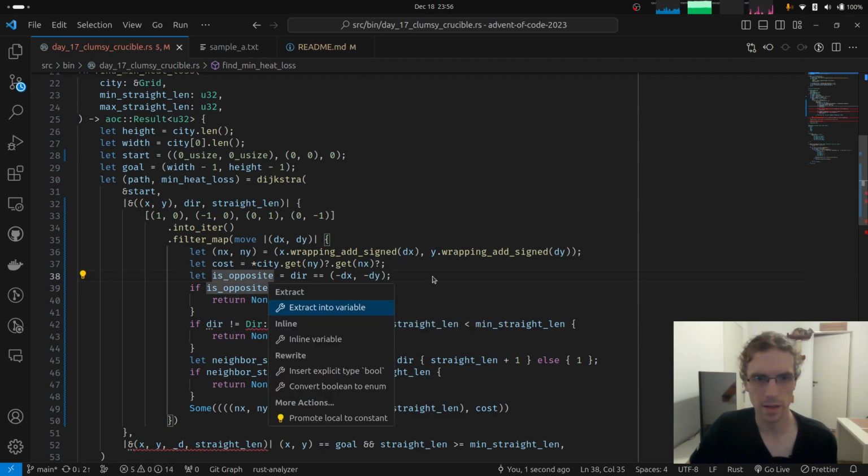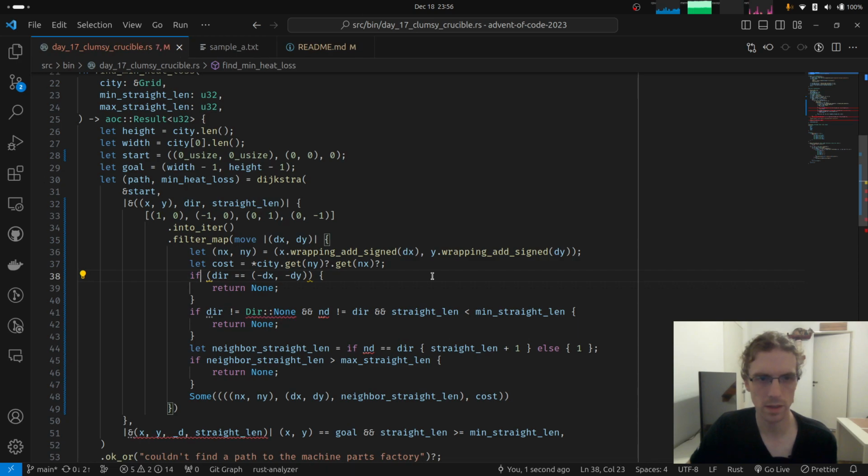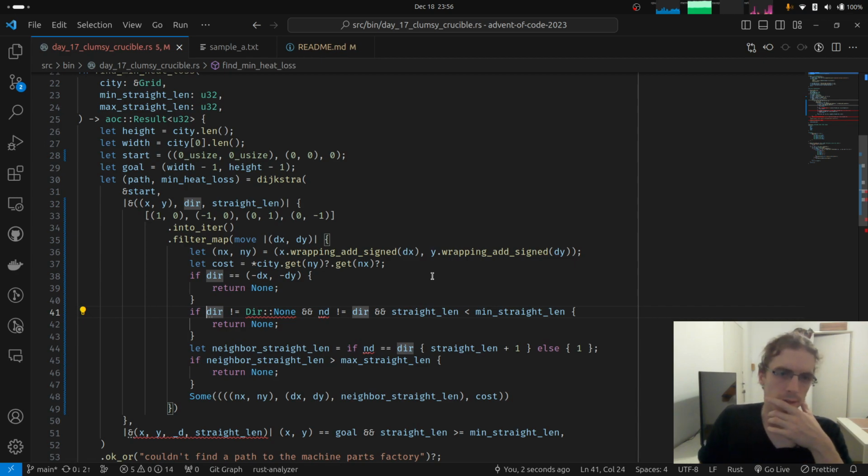Let's actually inline this variable because it doesn't really do much. Remove useless parentheses, yes. Now we want to say, hey, if we are turning, so if the neighbor direction is different than my direction, then we do stuff.